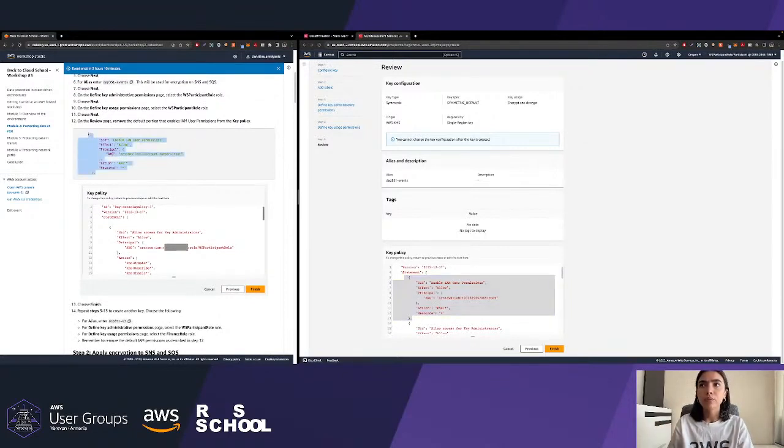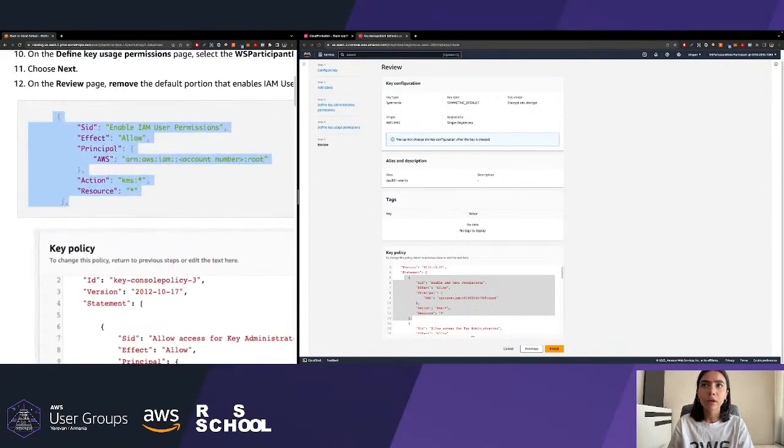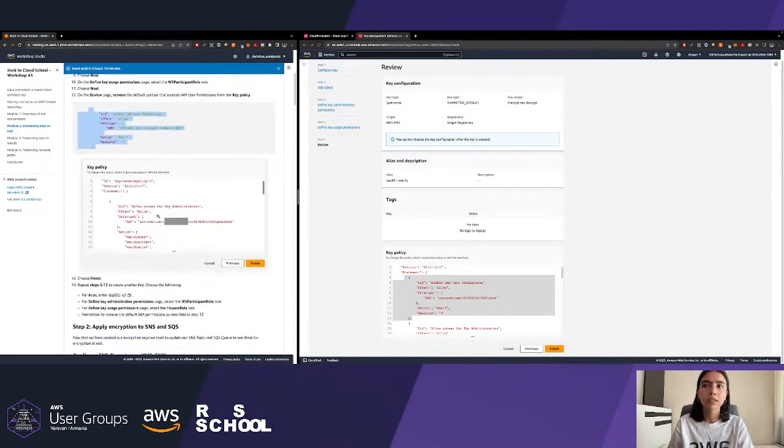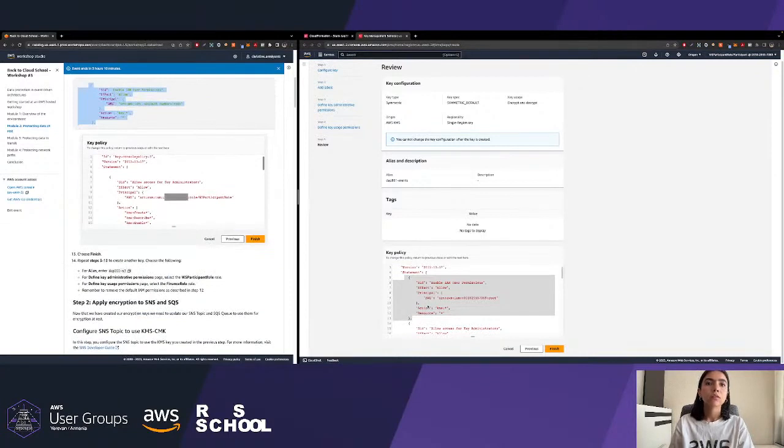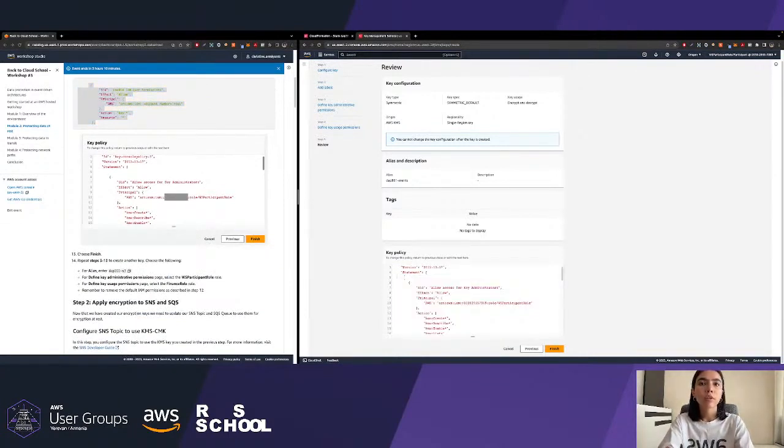So as mentioned, we should remove this part from our key policy. Okay, so go ahead and remove this part from the statement.